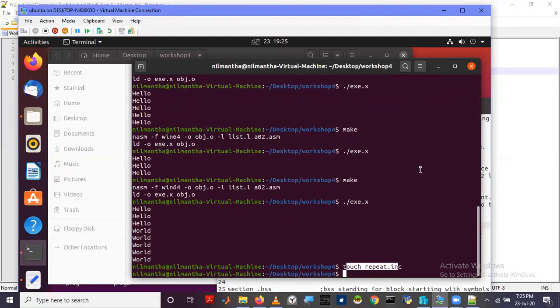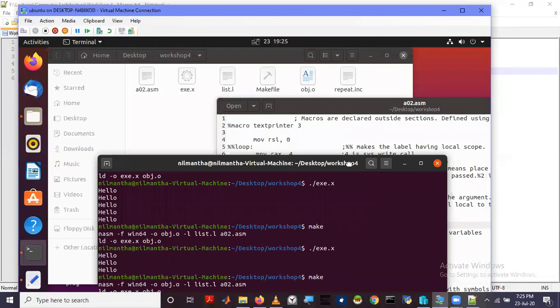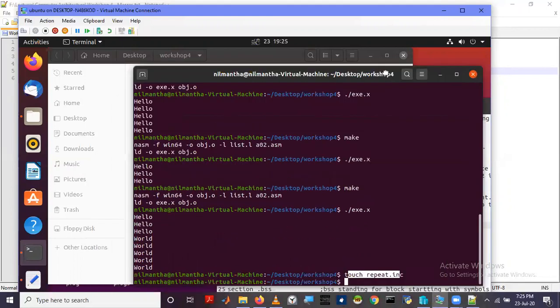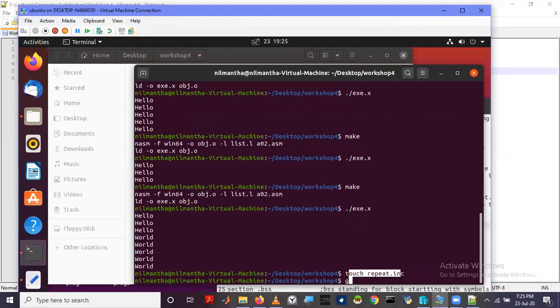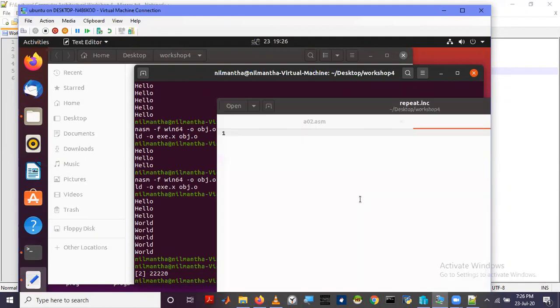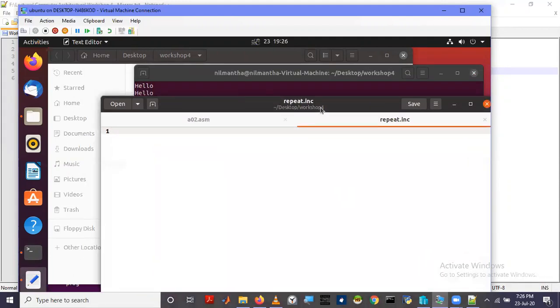So I'm going to create such a file and open that file using the editor.